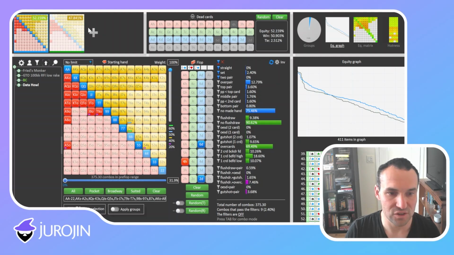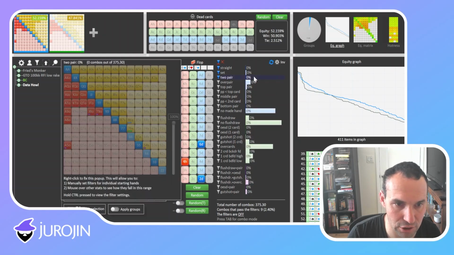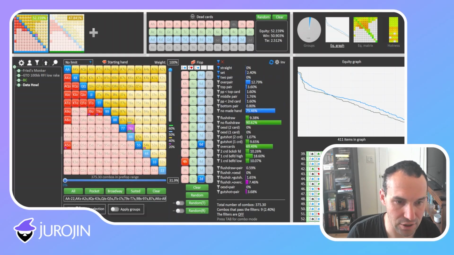All right. So what do I mean by that? Well, let's look at this. If you follow the mouse, the filters that we got going here pick off just 2 pair or better combos, right? And it looks like given what cutoff is opening here, there are no 2 pairs, there are no straights, but there are sets that are real strong, right? And those sets make up